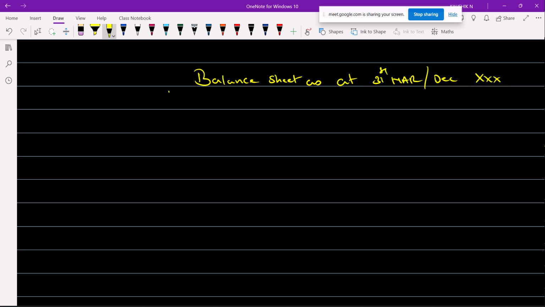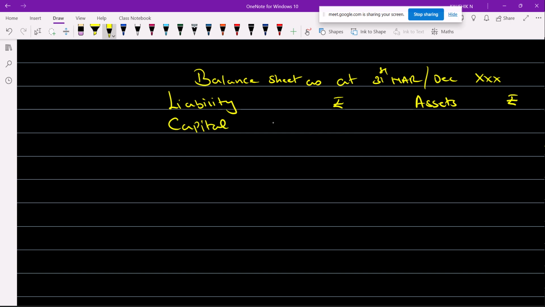You will have two columns. One is liabilities, amount in terms of rupees, and then the right-hand side column is assets, amount in terms of rupees. Below liabilities, you will be recording items like